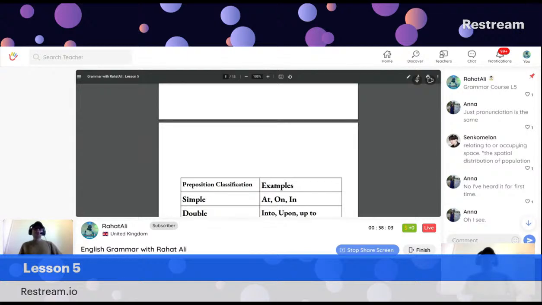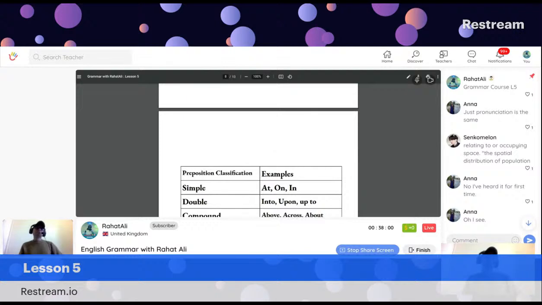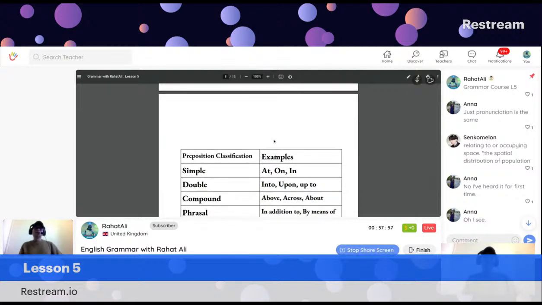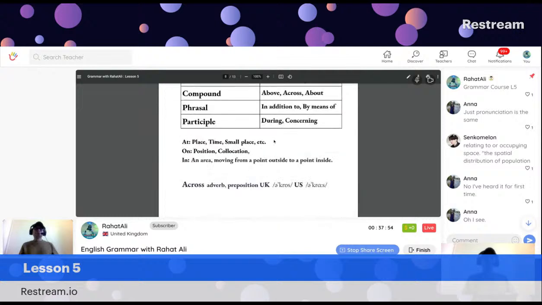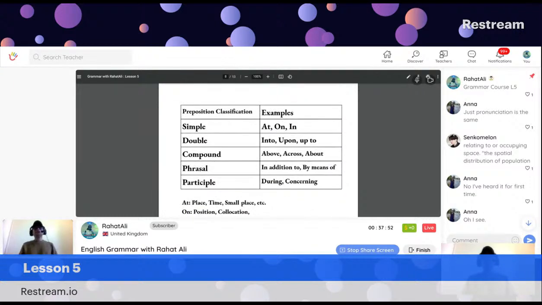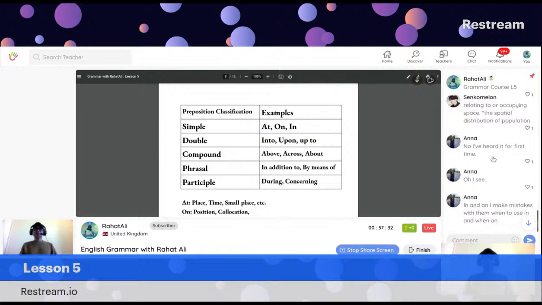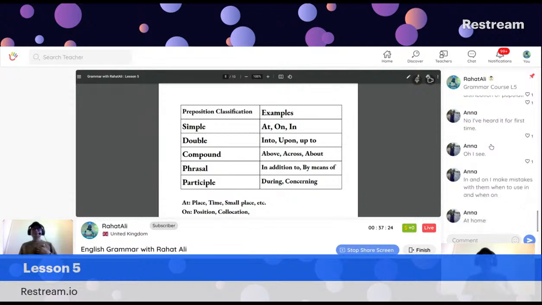And there are collocations. We say collocations are words or prepositions that should go together with another word. Okay, so in general classification, there are five types of prepositions. Sometimes we don't need to know those, but for our understanding and knowledge, we use classification. So what are simple prepositions? Simple prepositions are single words which we use always in our daily life activities, describing or writing something.